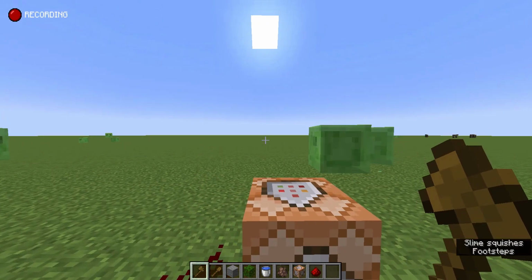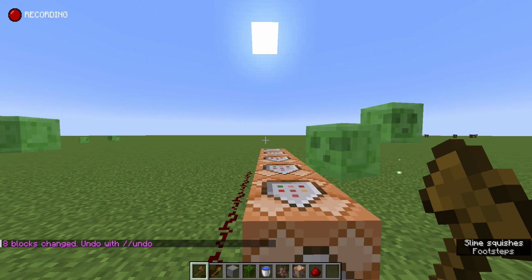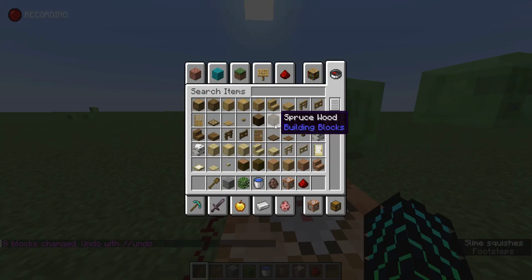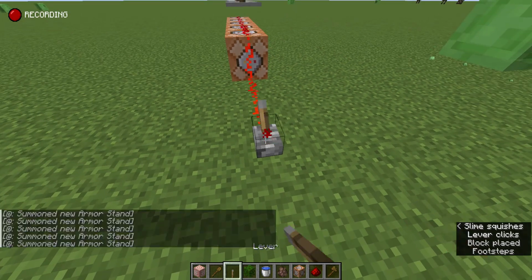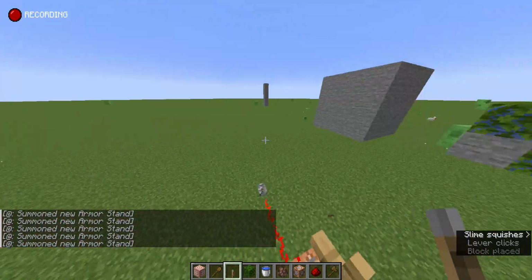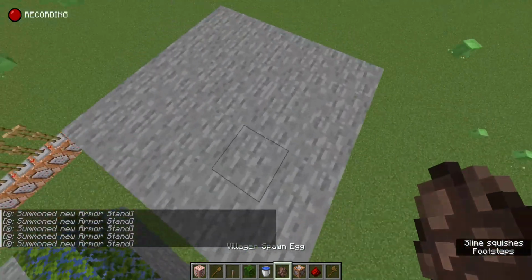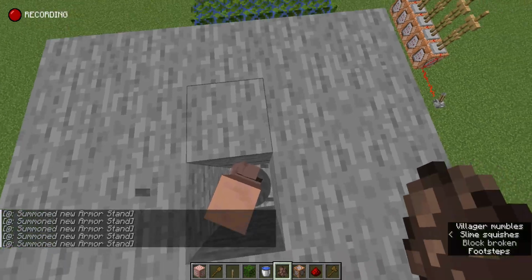If I do /stack with this, and then if I got target blocks, you can see that when I turn this on, they all summon an armor stand. So it does maintain data. It also can maintain entity data. So if I do